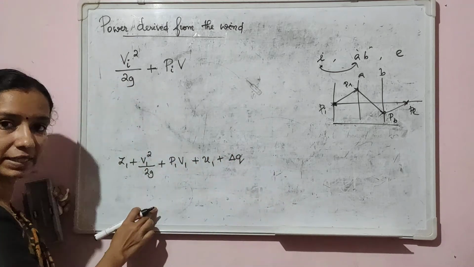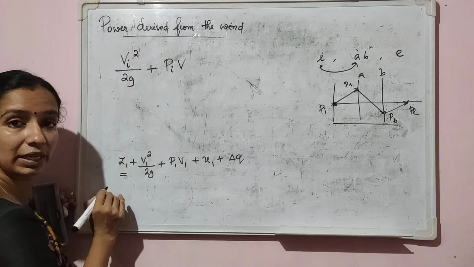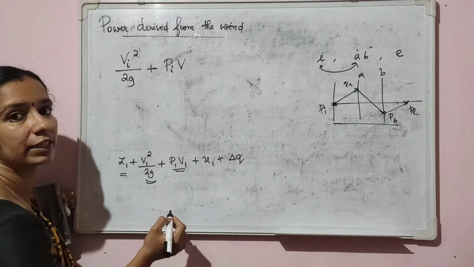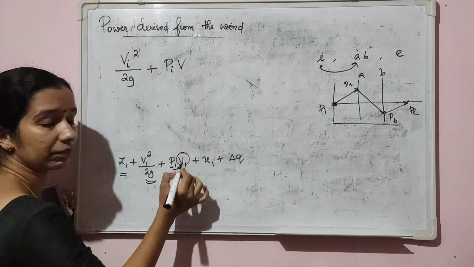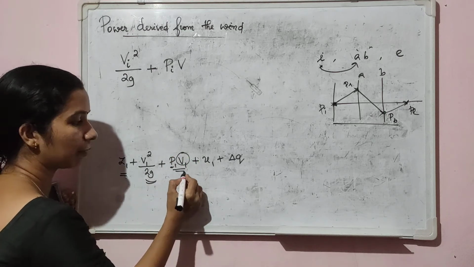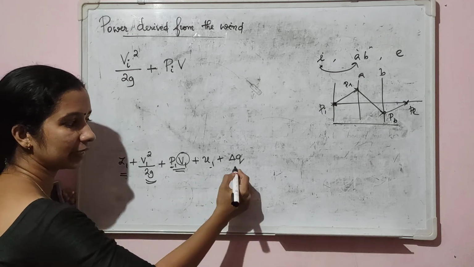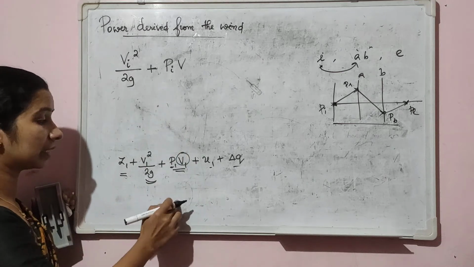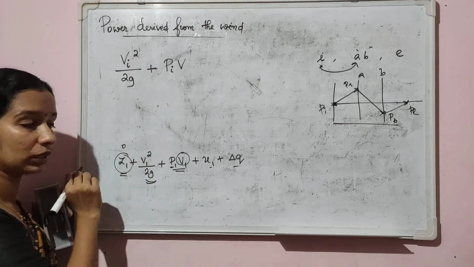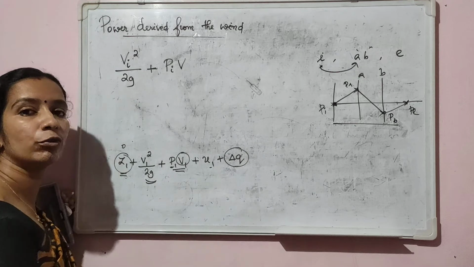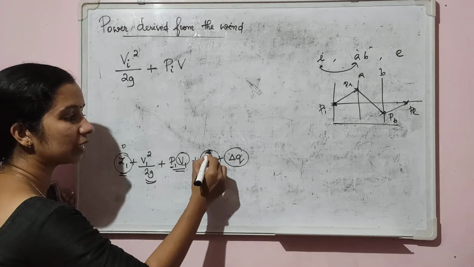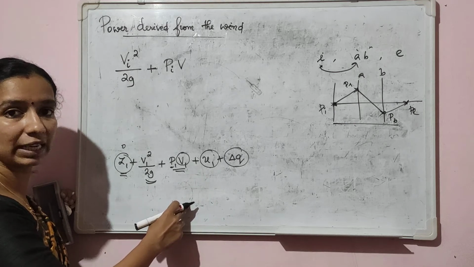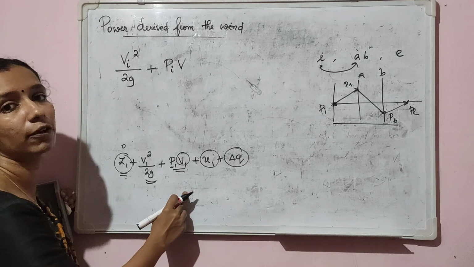This was the left hand side. Here this is the potential energy, this is the kinetic energy, this is the flow energy, pressure into volume, where V is the volume. This is the internal energy, and this is the heat energy added to the system. Here we are considering that potential energy is 0 and no heat is added to or removed from the system. So delta Q and internal energy will also be 0, and the remaining energy equation will contain only the kinetic energy and the flow energy.